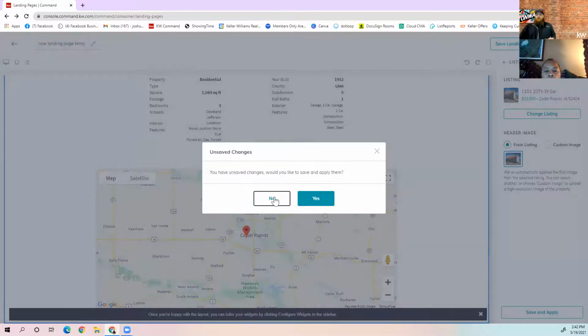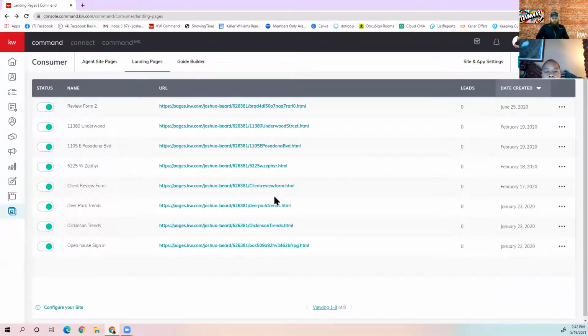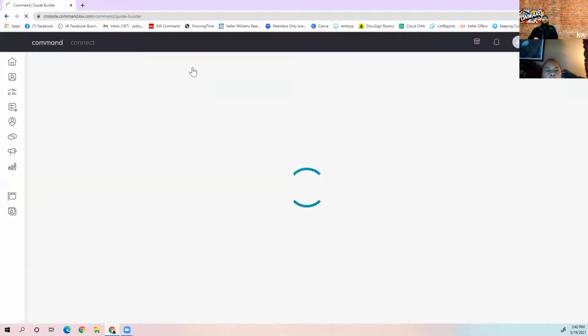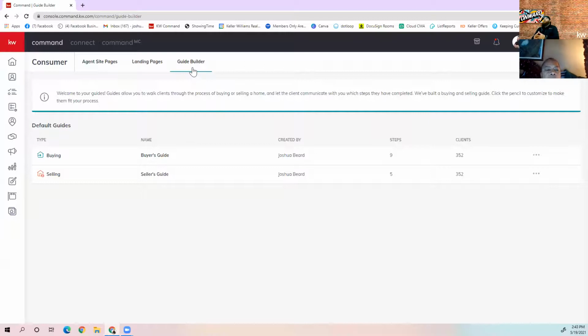Cool. So the second to last thing we're going to go over is Guide Builder. If you're not aware, inside of Command, you can have your own buyer and seller guides. This is kind of different than your buyer and seller presentations. These are more of showing your clients where they're at within the transaction. I'm just going to use the buy one for example, but it's very much the same thing as your